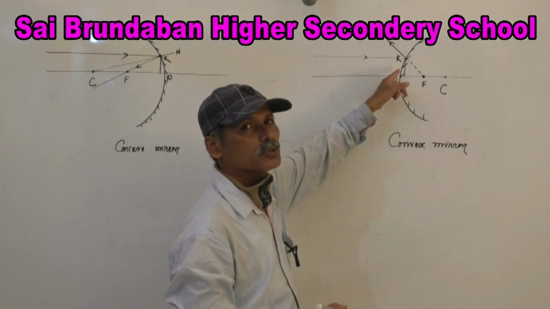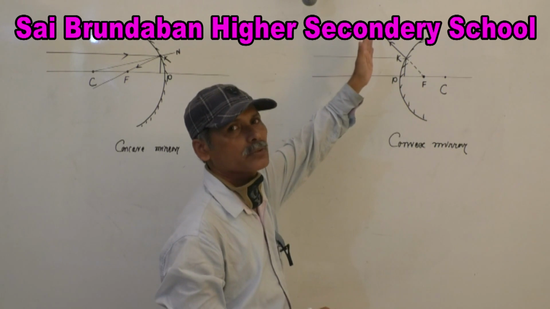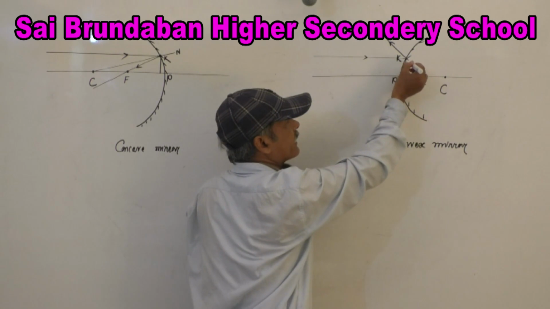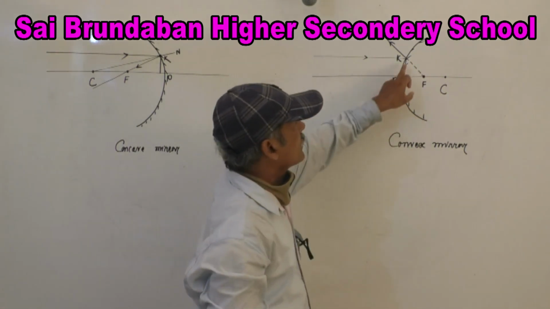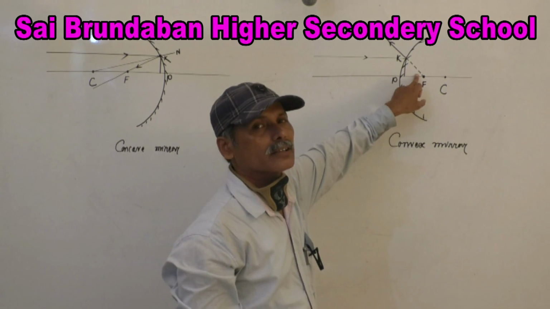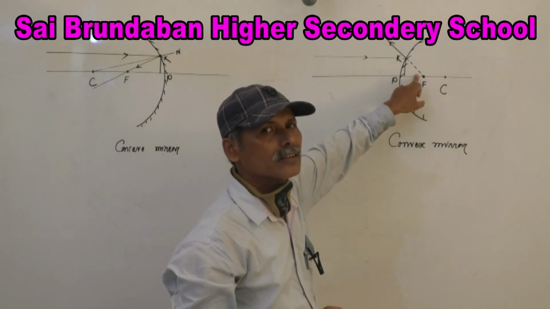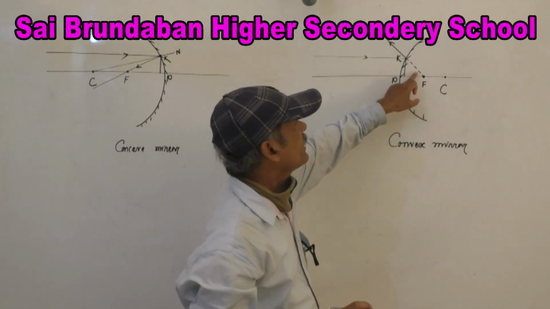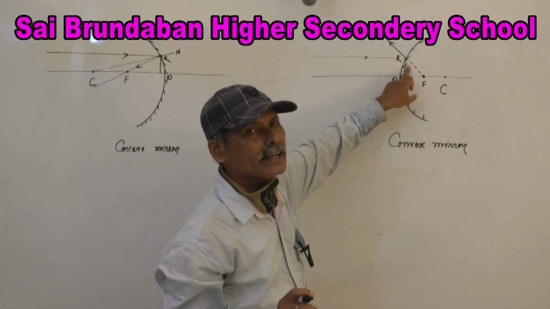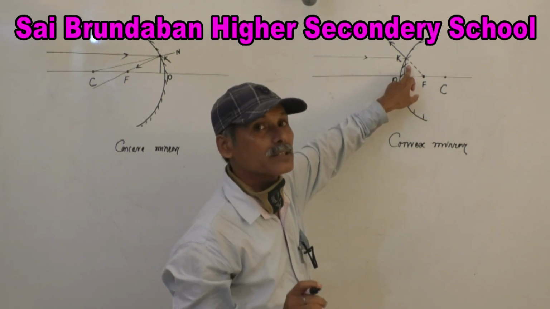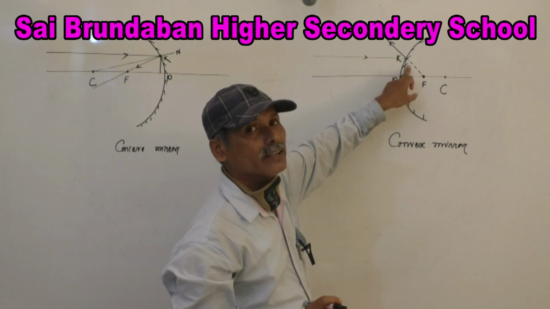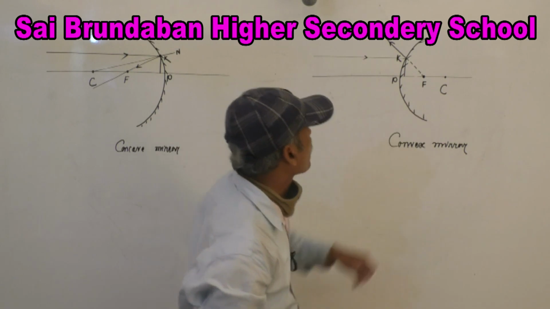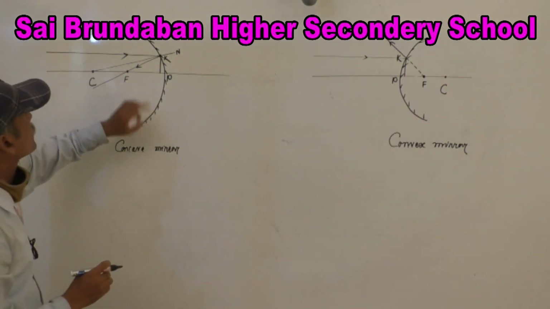Here what we have to do, the ray is divergent, that's why we have to extend the reflected rays. So here is the dot mark. Dot mark means this is not the real tracing of the reflected ray. That's why dot mark indicates that the ray is virtual. Virtually we are extending it and it meets the focus.